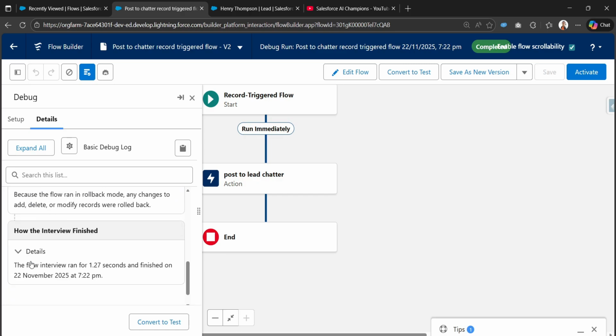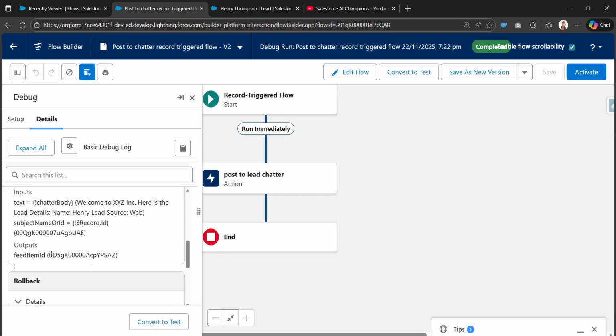So now we can see that the name is rendering properly. Leads detail name Henry, and lead source is web. Let me just activate the flow,